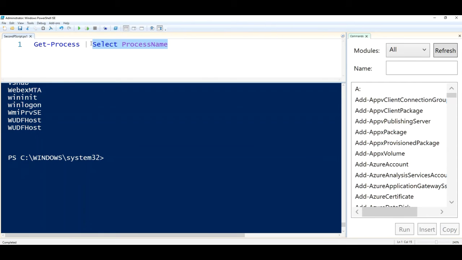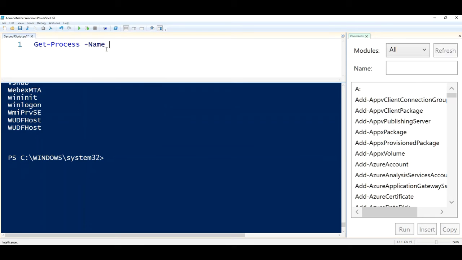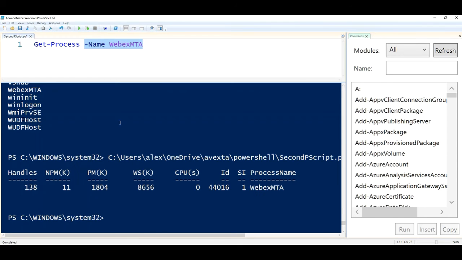I can say Get-Process, then -Name, and then WebEx MTA, and PowerShell ISE will do the IntelliSense and tell me that. What this will do is query the list and get me anything with a name that has WebEx MTA. So if I run that,